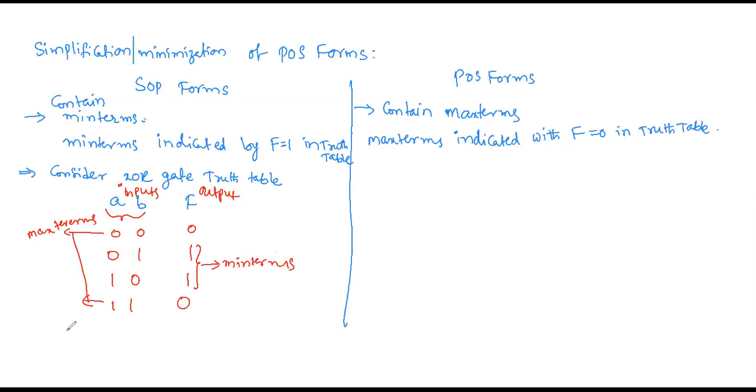And we indicate this as f is equal to sigma x, y. Wherever the 1 is there, write the corresponding terms: 0 1 is nothing but 1, 1 0 is nothing but 2. Or you can also express this in maxterms, pi x, y. It is 0 for 0, and it is 0 for 3, since 1 1 is nothing but 3. Okay, the second point is common for both.